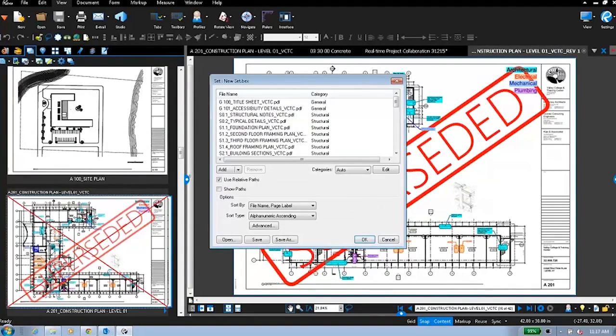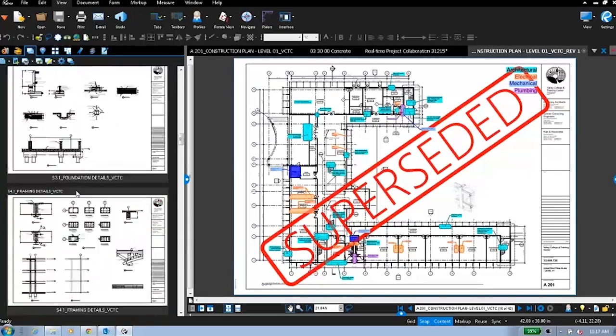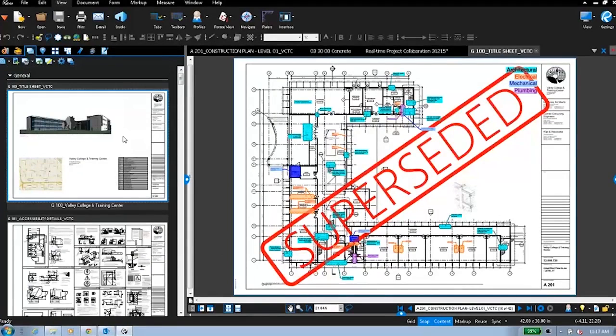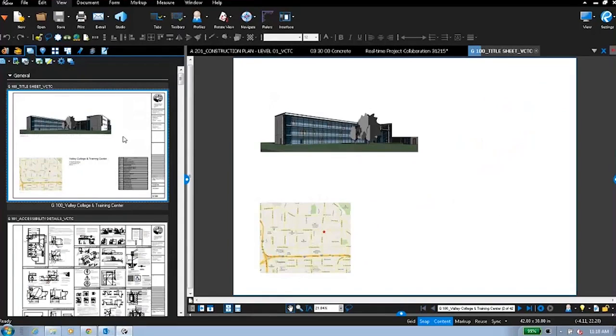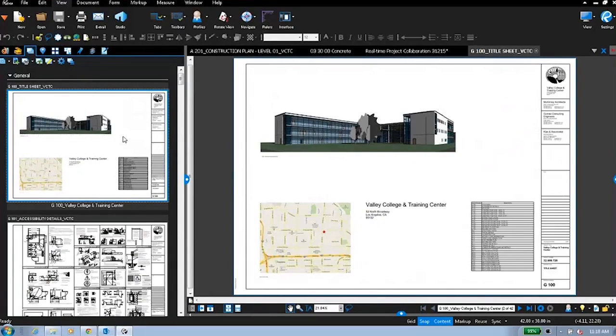So a fantastic way of leveraging what we call sets to be able to go and look at these drawings and be able to navigate to them. Well, navigation is a very interesting part of this. So let's talk about, again, some of the new features of 2015, and we'll talk about our batch linking capabilities,